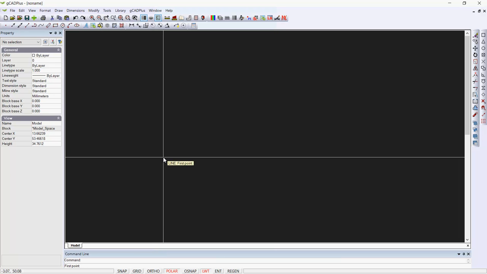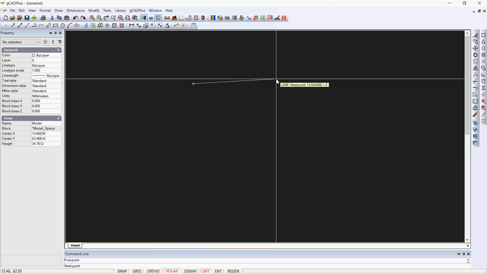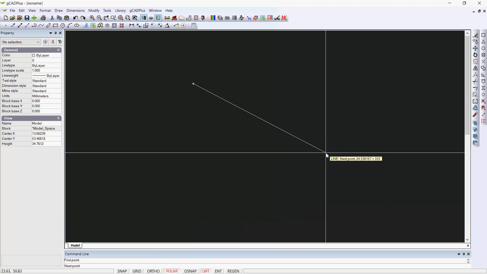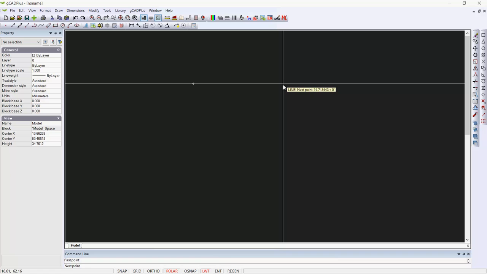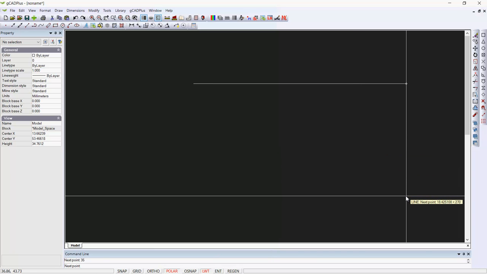We're not going to concern ourselves with where we place the footprint of the building. We'll just click and then move across. Now Polar is on, but Grid and Snap are off, and so I just move in the direction that I want to go, and it's 35 feet. We draw in the US in decimal feet, or fractions of a decimal foot, and we go down 40 feet